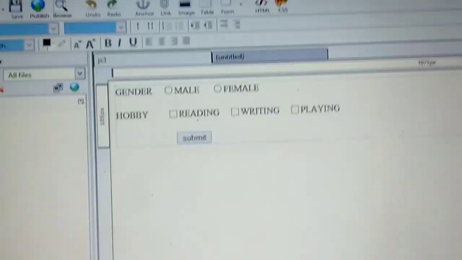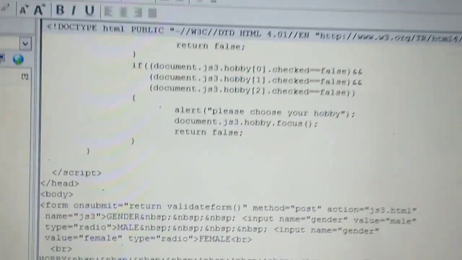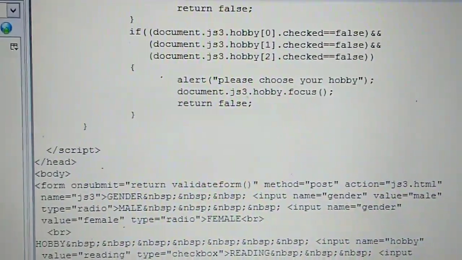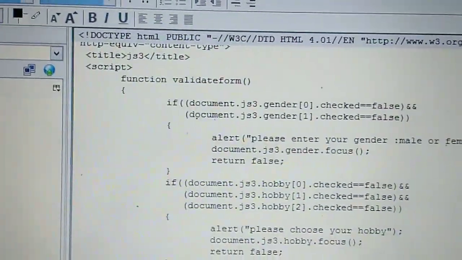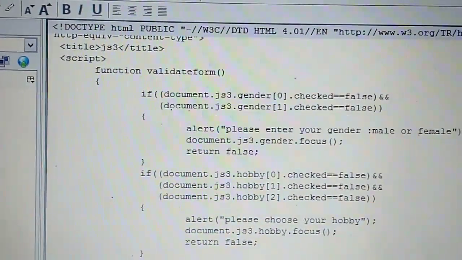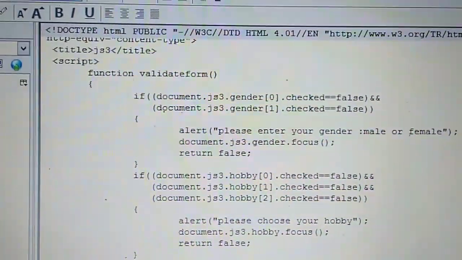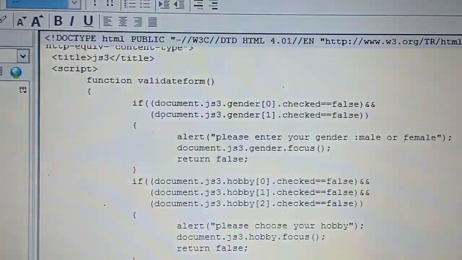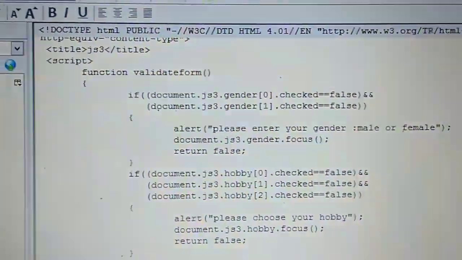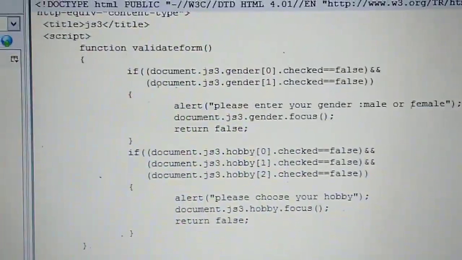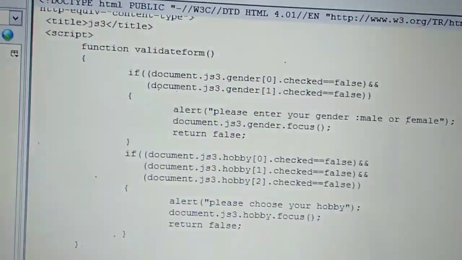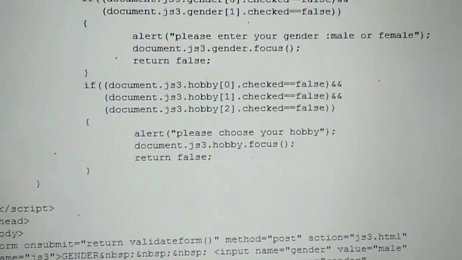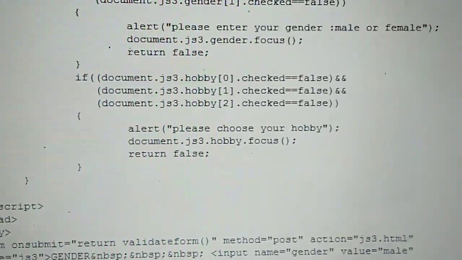Now we have to see how to validate our hobby. As you know, in hobby there is no need to write anything. You have to simply select any hobby of the hobby field. That's why there is no need to write a variable. So you have to simply check the condition, and for the condition you have to use if.